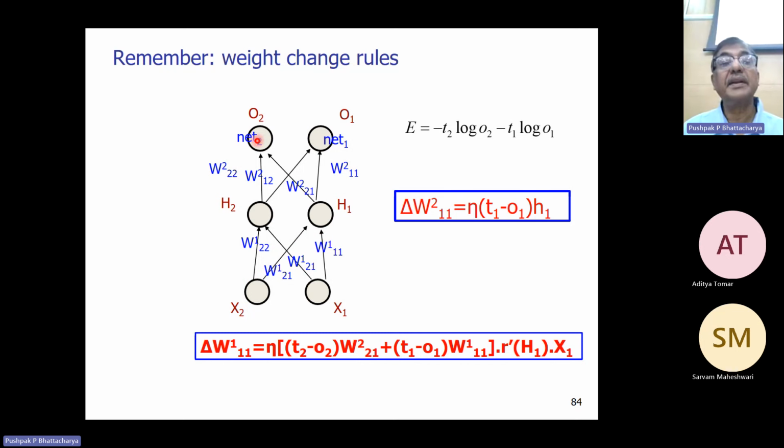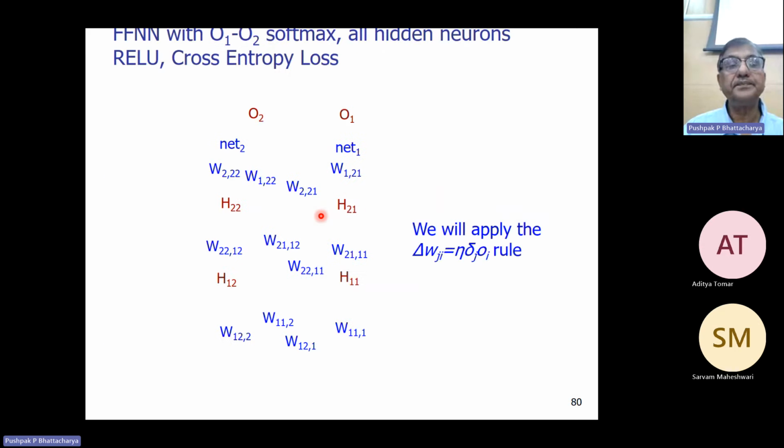And the backpropagated delta is T1 minus O1, T2 minus O2. And we cannot forget the activation derivative, which is the derivative of the ReLU function at H1. Is it clear how backpropagation operates? And it is very universal. Do not try to take any derivative in your Python code. Just use this expression. Okay, so now let's move to